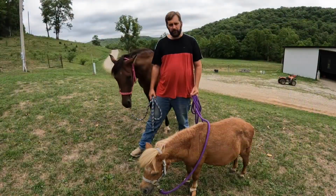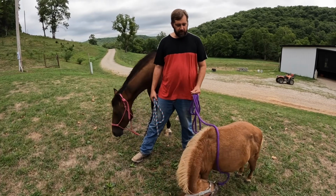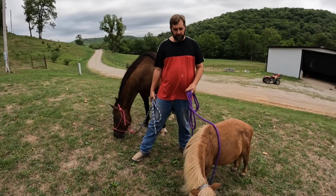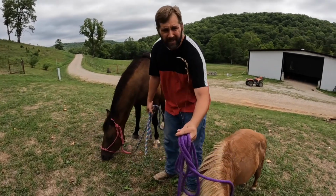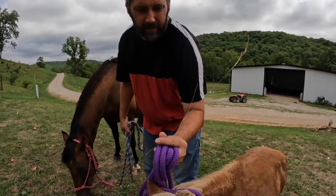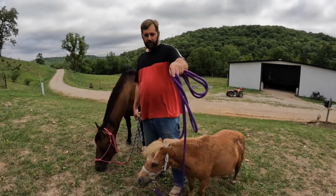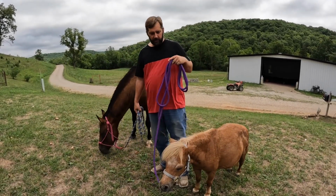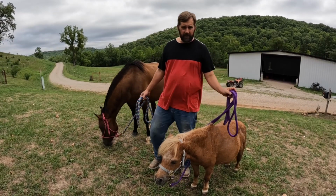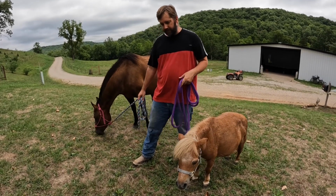We live in a region of Missouri where the predominant grass species is tall fescue, or Kentucky 31 fescue. I have some of that right here. Look at the seed heads, that's the main part you can tell, and this long stem. If you have that on your farm and you're raising babies, there's a possibility of getting something called fescue toxicity. That comes from an endophyte that lives in the stem of the tall